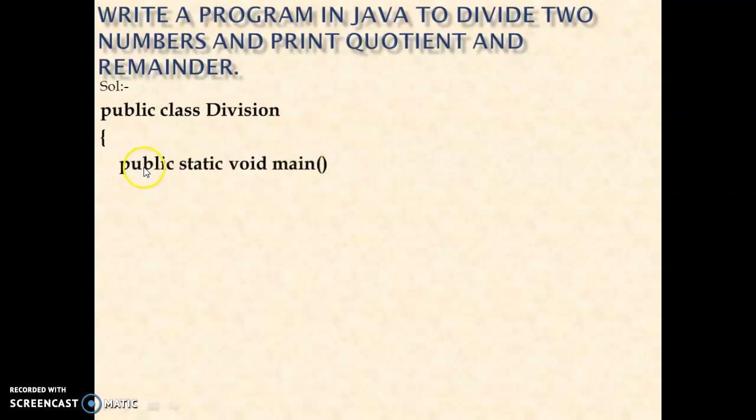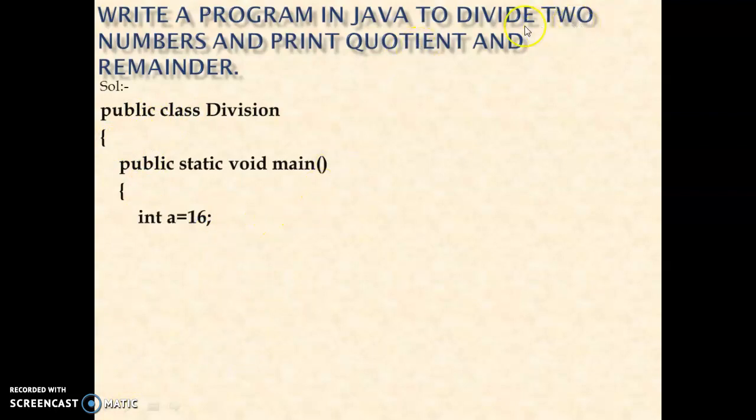Then public static void main. Under this main function, you have to write down the Java program. And here is again a bracket start. When you start a bracket, don't forget to close it also. At the end of this program, we have to close the main bracket, the opening bracket for main, with a closing bracket, and we have to close the opening bracket of class at last.